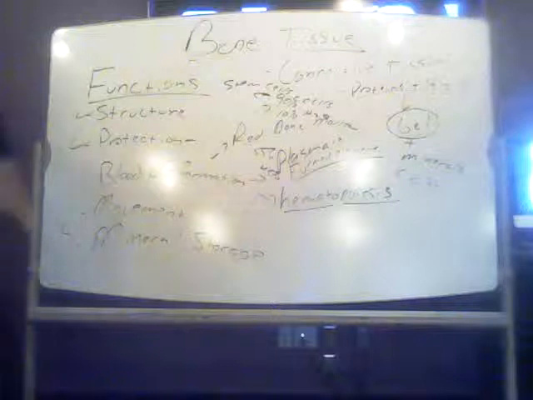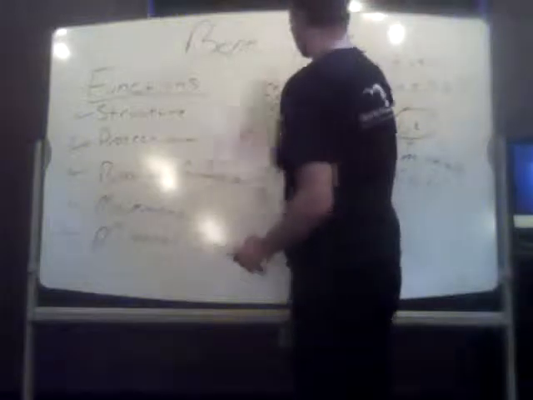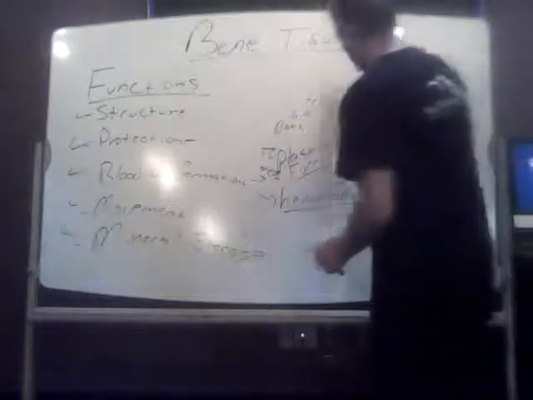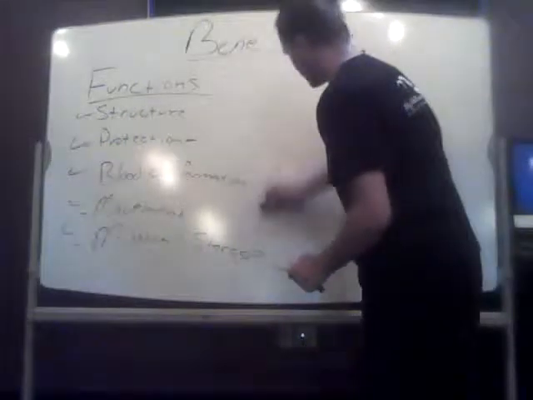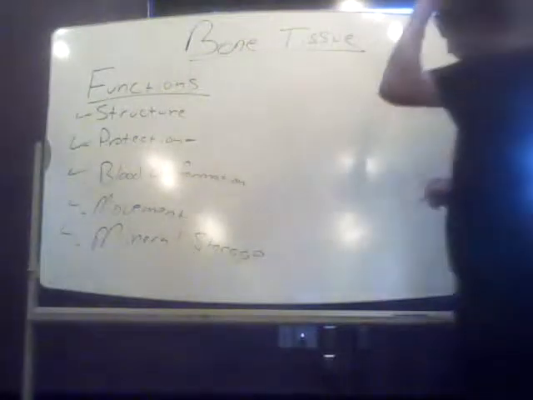So we've covered structure, protection, mineral storage, blood cell formation, and bones are also very vital to movement. Now, bones themselves don't move all on their own. Bones move because of muscles. Muscles are attached to bones, and as a result, muscles use bones to create movement. They have a very, very symbiotic relationship with one another. All right, so like I said, basically,